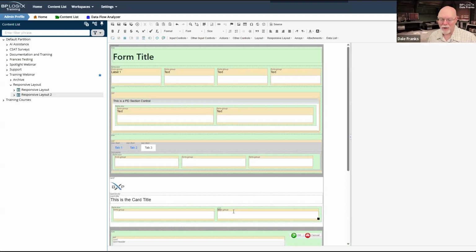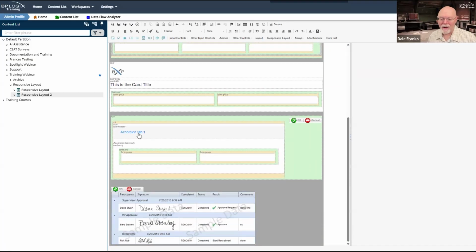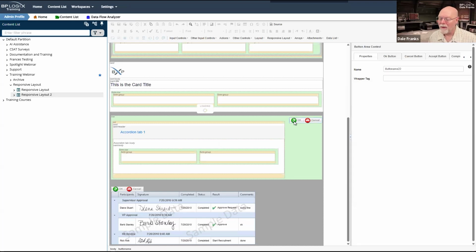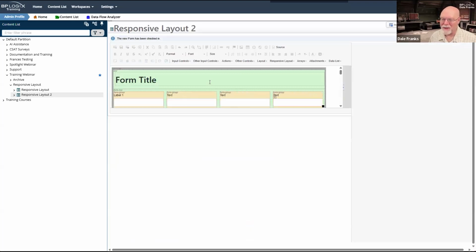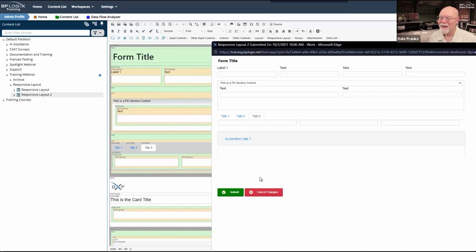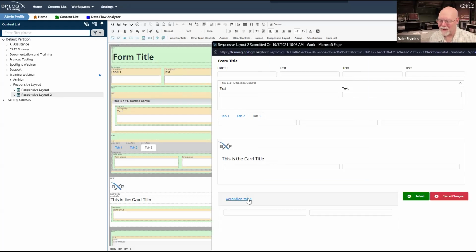And we'll go back to our source. All right, let's save it. Oh, I have messed up something. Let's refresh it. Okay, well, my accordion tab is there, but I'm missing a div somewhere else.